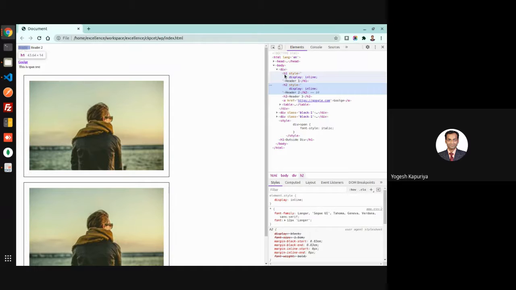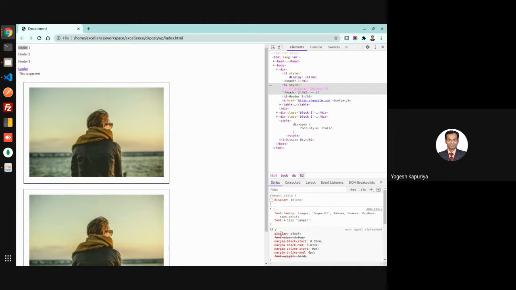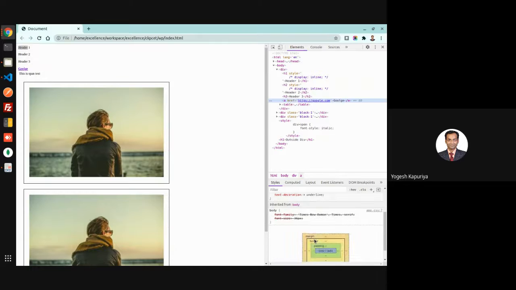If you see, this is H1, this is H2, and the property is display inline. The default value of display is block. Block means it covers the 100% width available. Similarly, for the A tag, there will be some display property.